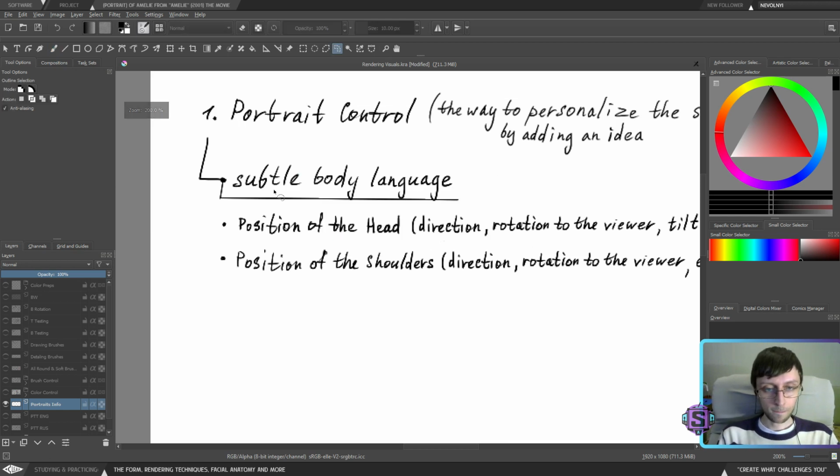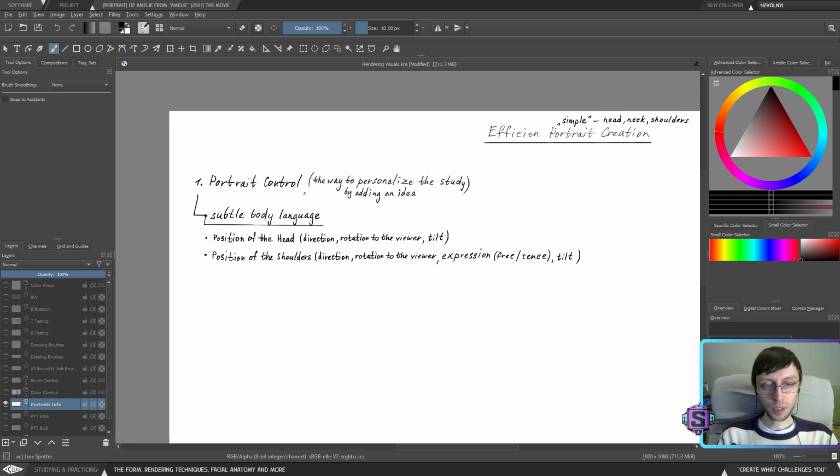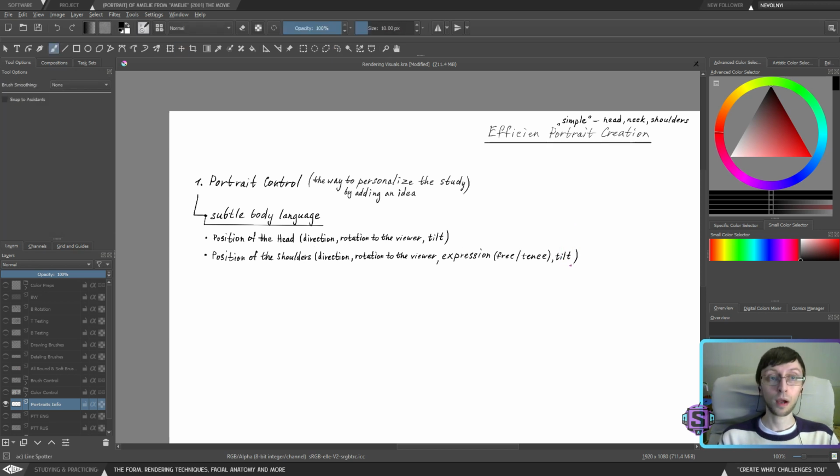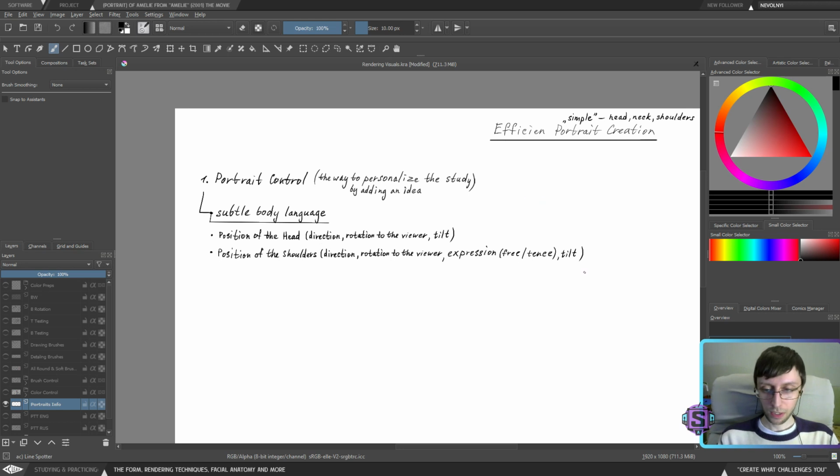You need to look at people a lot in order to start to notice those types of things. Subtle body language is something we usually pick up subconsciously, but in order to judge a certain situation, we don't necessarily understand how to control it consciously. This is the way, hopefully, for us to establish those things and understand how to control them consciously. Pick up subconsciously and recreate consciously. Hopefully it's going to work.